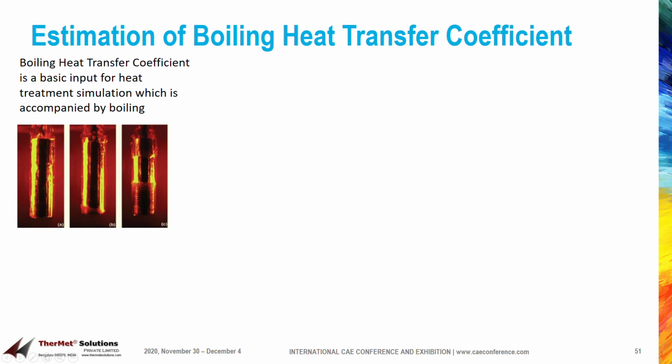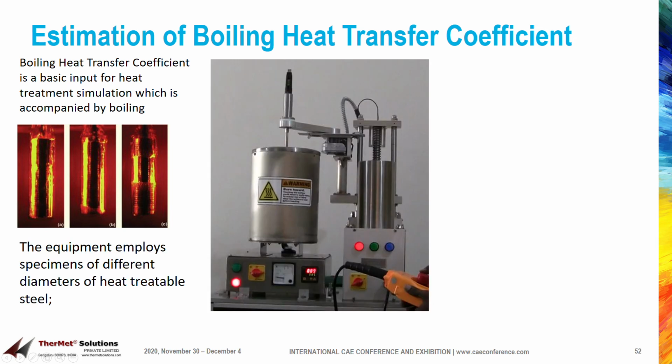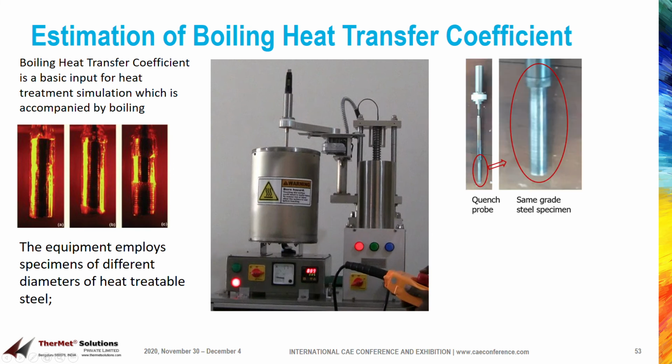A basic input required for the simulation of quenching is the heat transfer coefficient as a function of surface temperature. As immersion quenching is accompanied by boiling, heat transfer simulation by first principles is a daunting task. Using InverseSOLVER, data can be generated for building a model for heat transfer coefficient for specific steel quenchant combination. The equipment designed for modeling HTC uses steel samples of diameters varying from 10 to 25 mm made of a